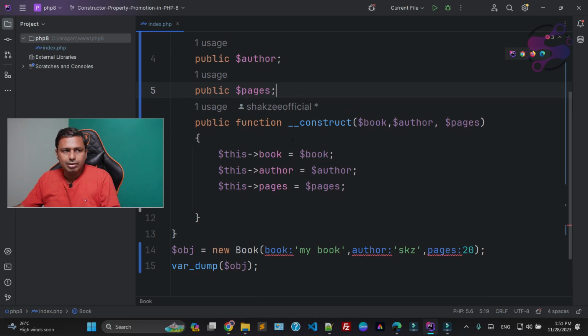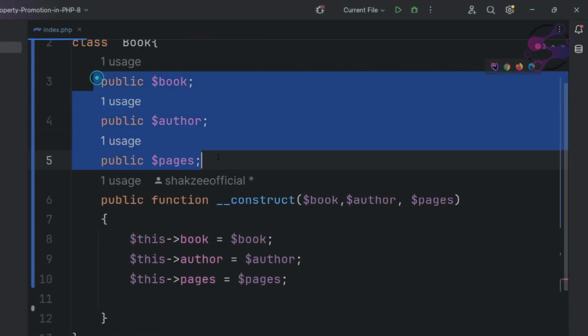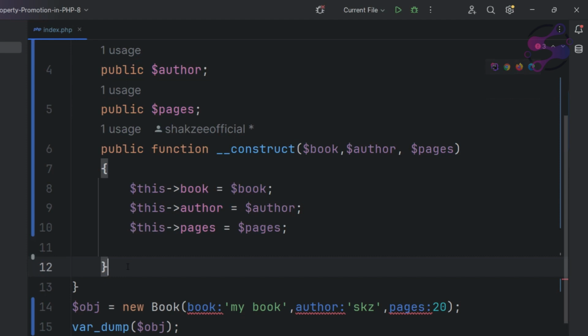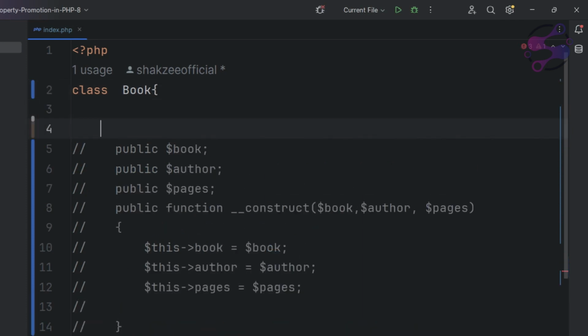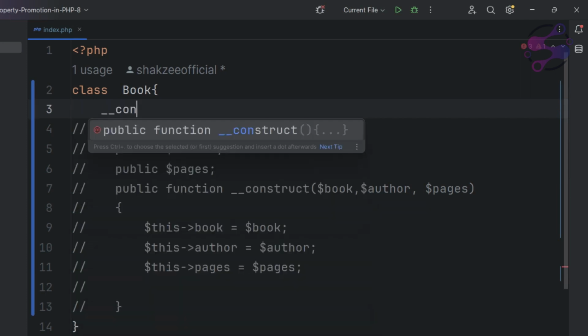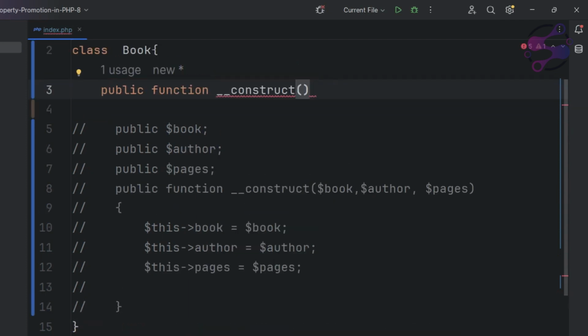If we shorten this one, how can you do that? Now just remove this one here, and I'm going to comment this one, so you guys can easily get the code. Okay guys, now I'm going to create the constructor. This is the constructor, and make sure this time I'm saying this is the constructor, and here